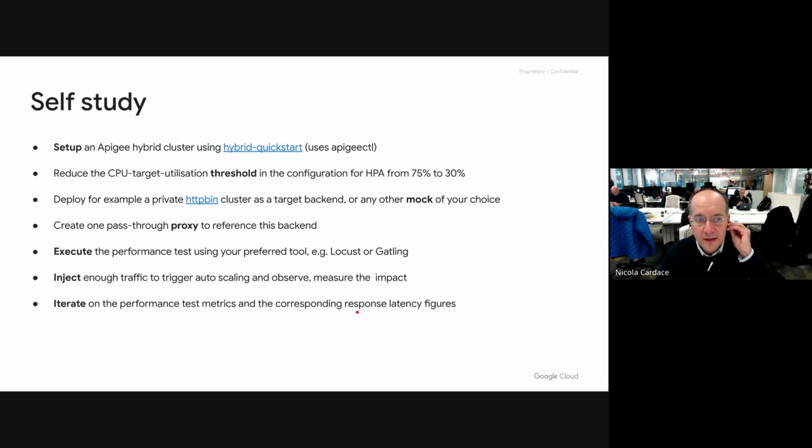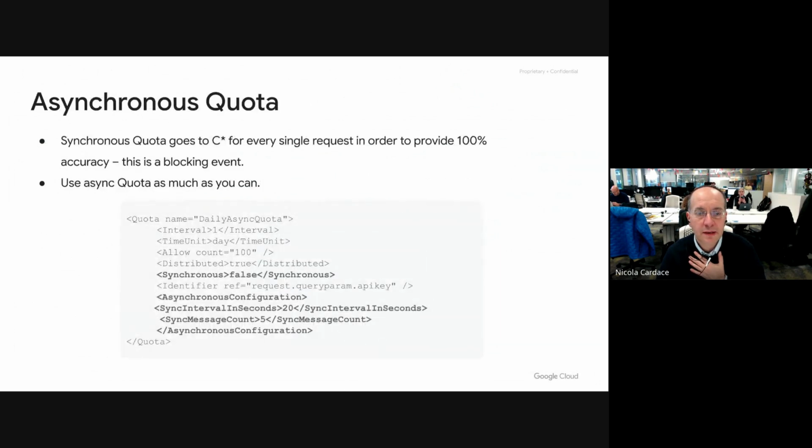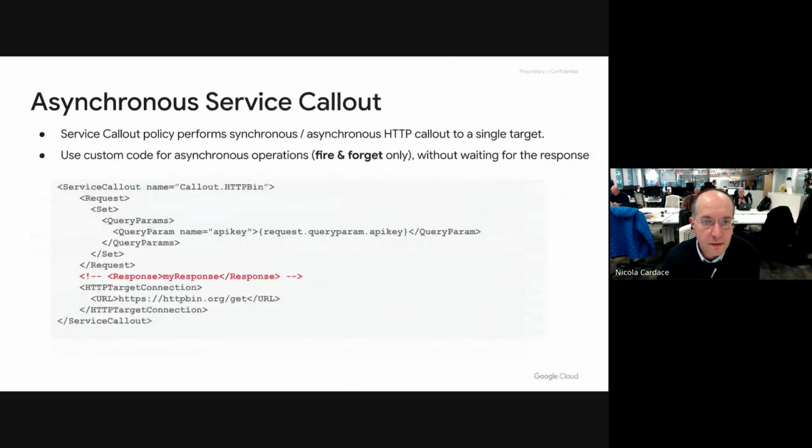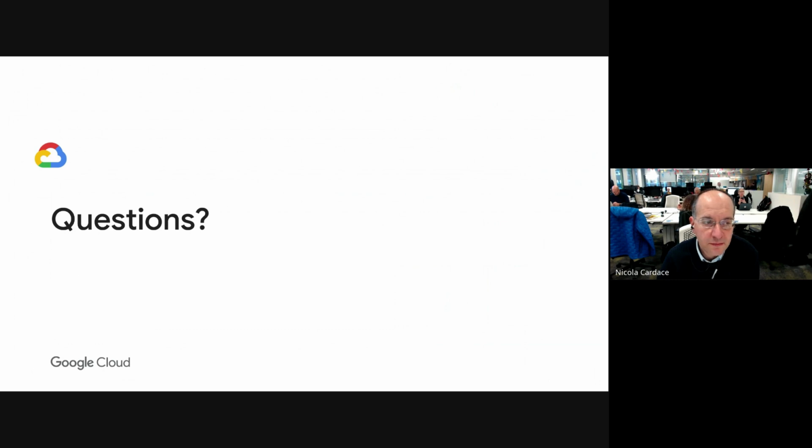Okay. I think I've left everything here. There are some implementation specifics here, but these are more like tips and tricks on how to configure the policies in Apigee or optimize for performance and minimize latency. Okay, so that's all from my side. I hope it was actually helpful and you learned something new and exciting today.